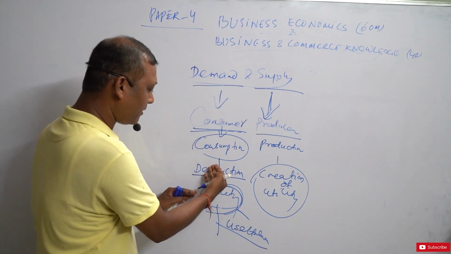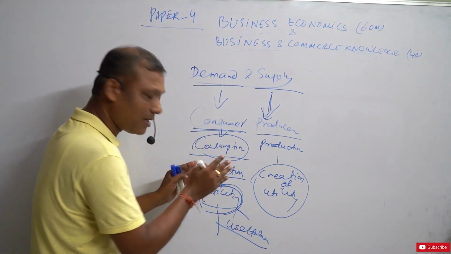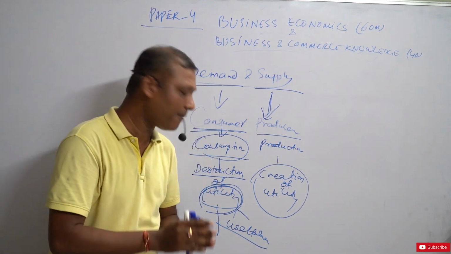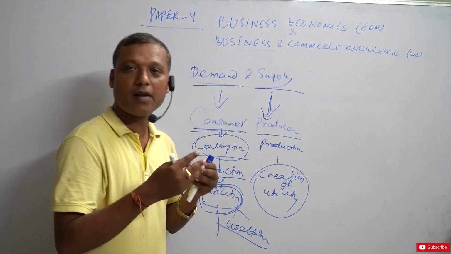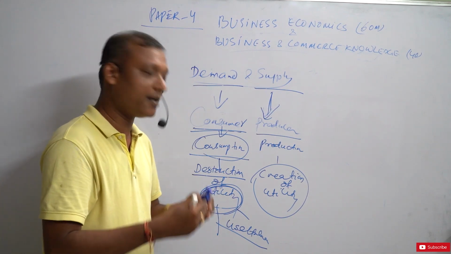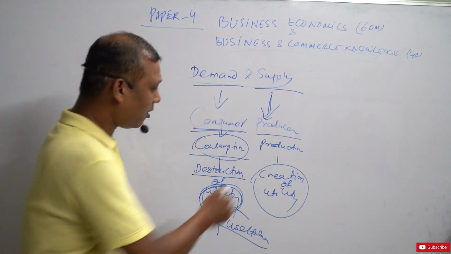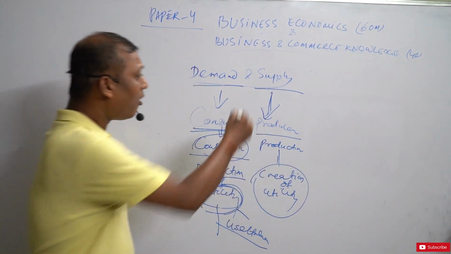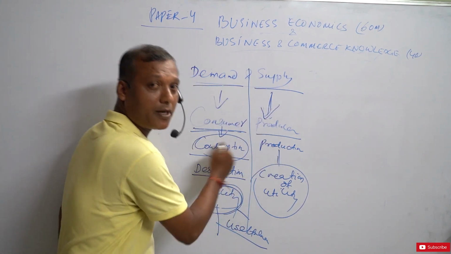Chalo, let us go to the next point. We are discussing consumption. As I told you, consumption means destruction of utility. What does that mean? When we use a commodity, a good, an article, its utility in course of time keeps getting finished. That is called consumption. And when you talk about production, it is the opposite. All these concepts are purely contradicting, opposite to each other.